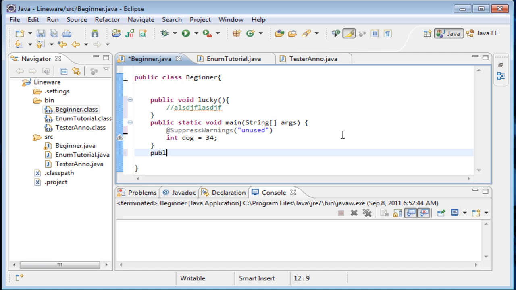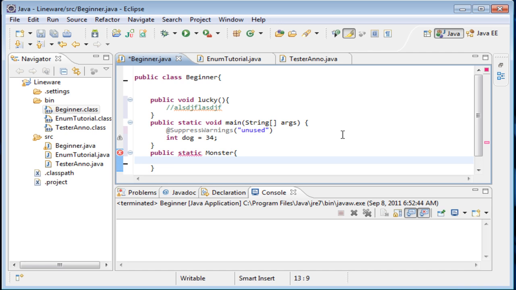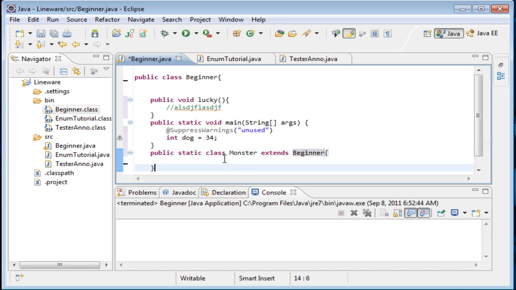Let's call this class public static class monster, and it's going to extend beginner. And inside this class, we're going to recreate the public void lucky